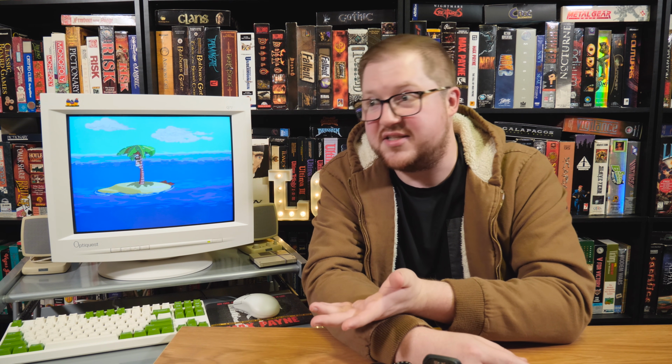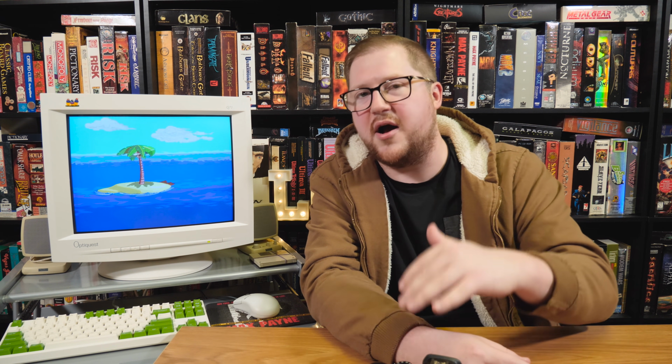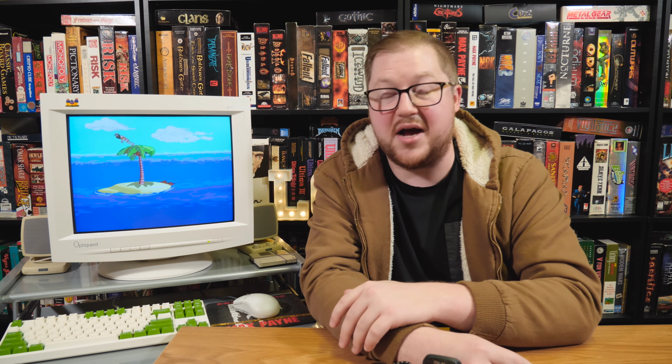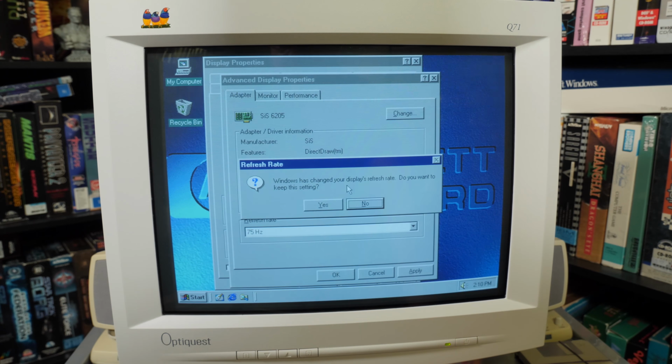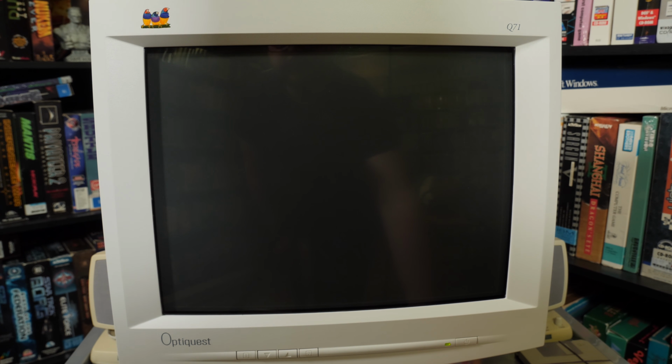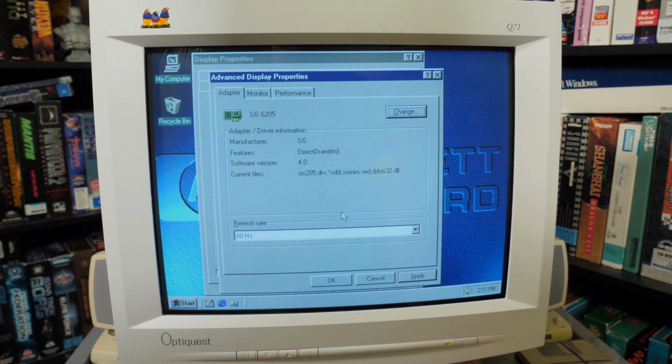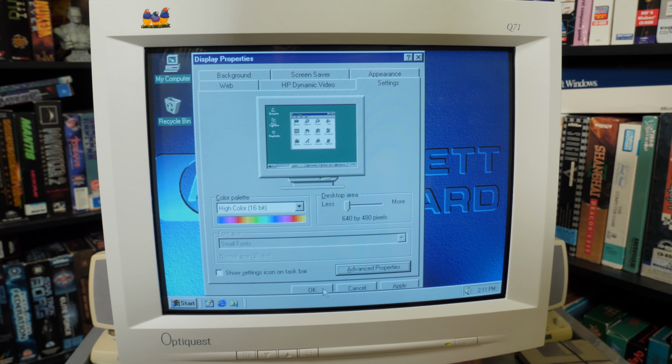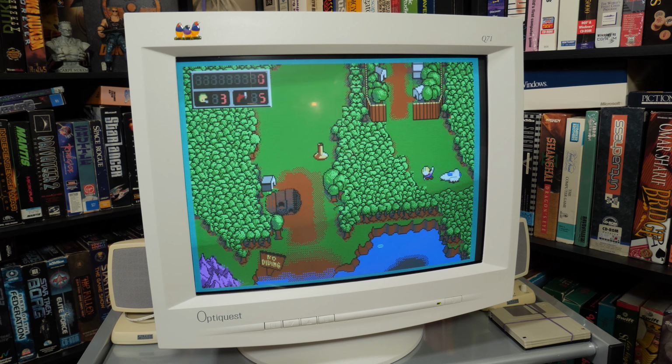Sometimes it'll be like 70, 72, 75, 85, depending on what the software demands are, what your settings are, and all kinds of things. Now, if we're talking just Windows 95 and a lot of the games on there, typically they will stick to whatever your control panel settings are. So if you have it set to like the refresh rate of 60, they'll try to hold to that, especially if they're like Direct 3D games. But you go into DOS and a lot of other software rendered things like that, and sometimes it'll be 70, whatever.